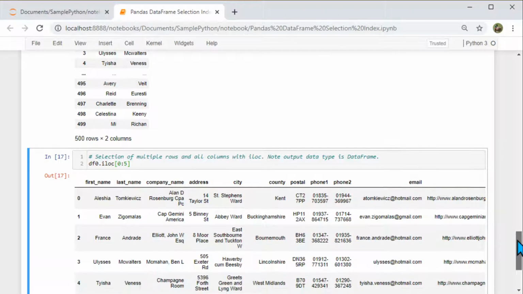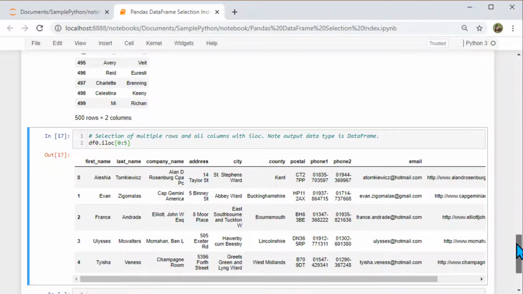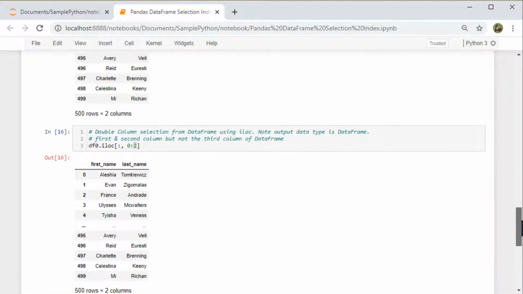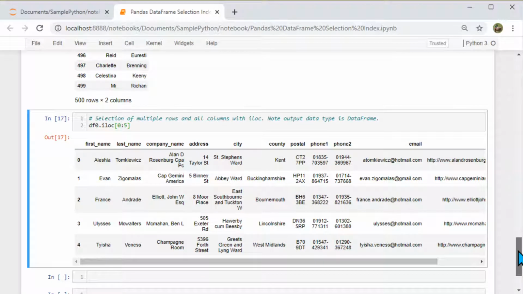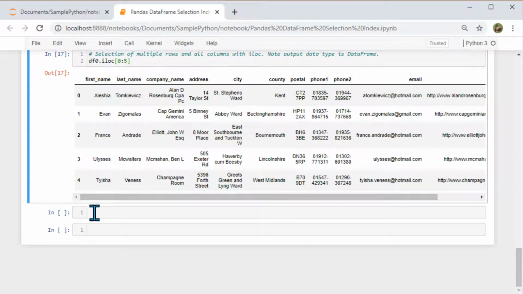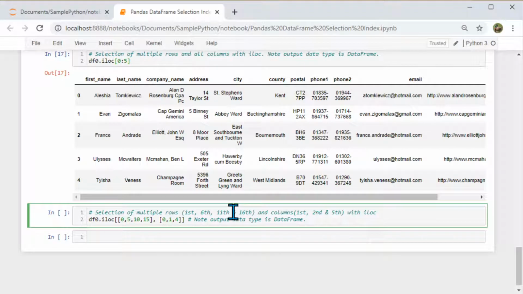The output is a data frame, and here you see the first row is 0, and it goes all the way till 4. So that is a total of 5 rows. If you notice, these are all data frames because they contain multiple rows and columns.